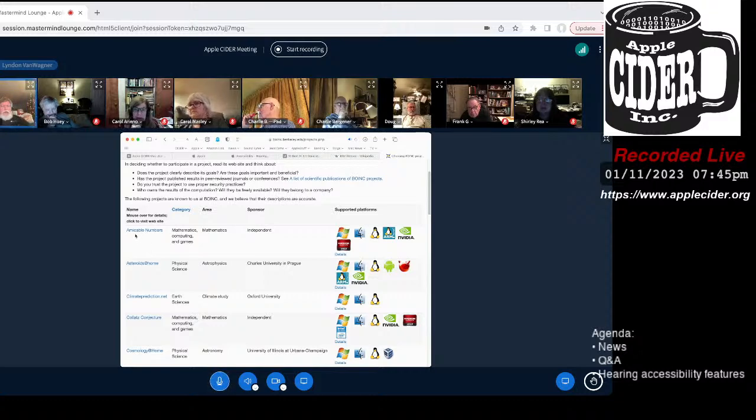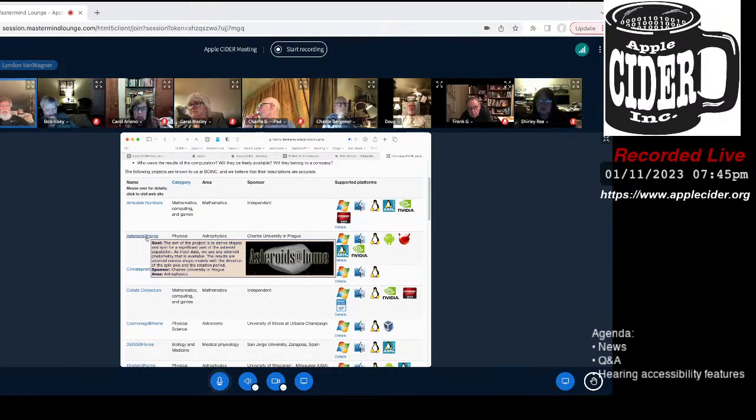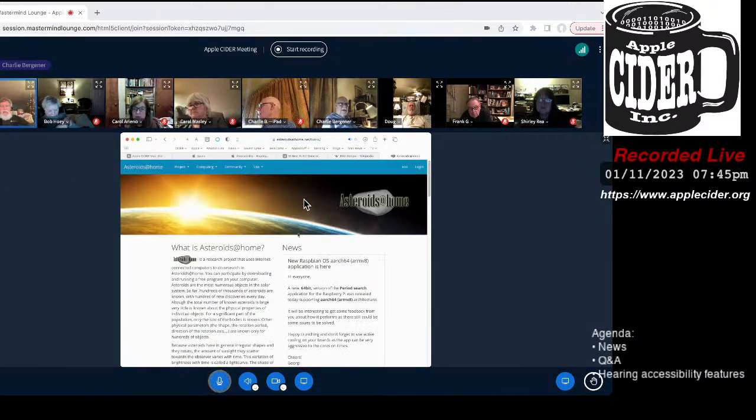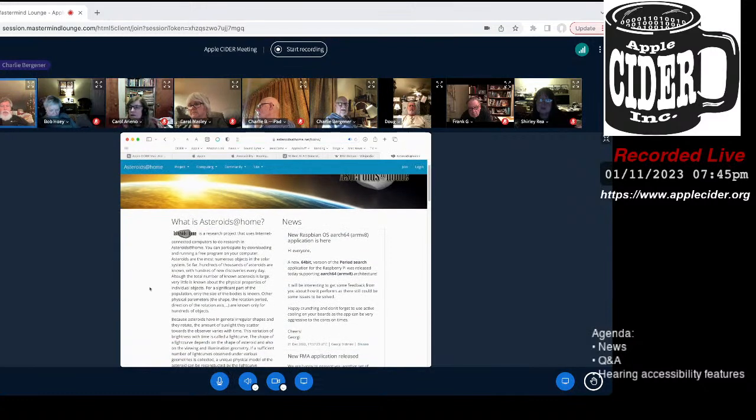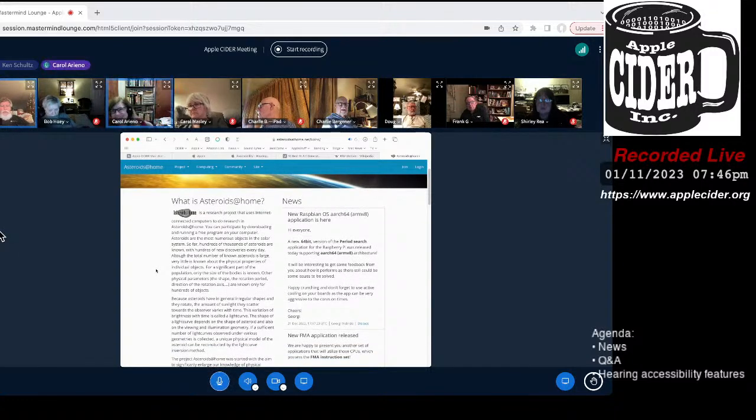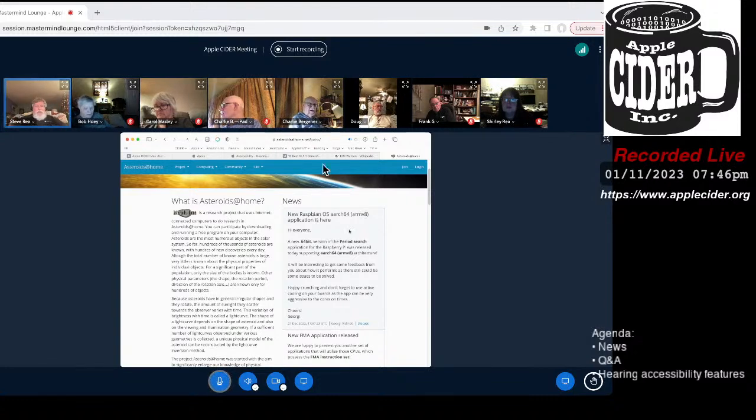So you can calculate amicable numbers. Oh, Asteroids at Home. That's a good one. Searching for asteroids, especially near-Earth asteroids and Earth-crossing orbits. Sounds like fun. We don't want to be somewhere an asteroid is crossing our orbit when we are there. That would be pretty bad. Oh, and they've got one for Raspbian. So that's an OS for a Raspberry Pi. So you can get a Raspberry Pi and run this sitting on a shelf in your office. Neat.